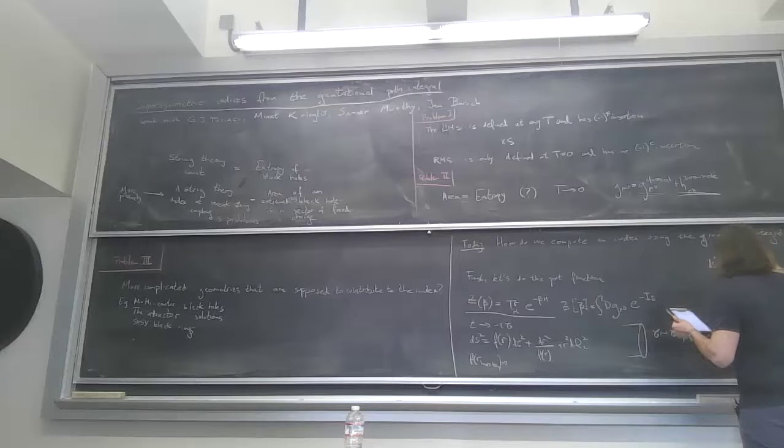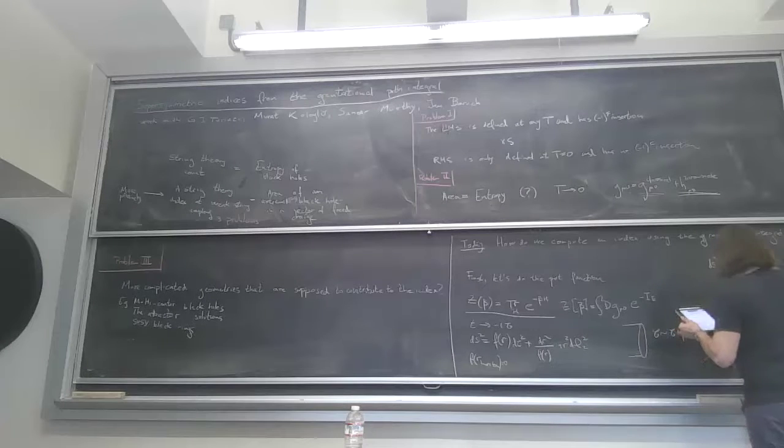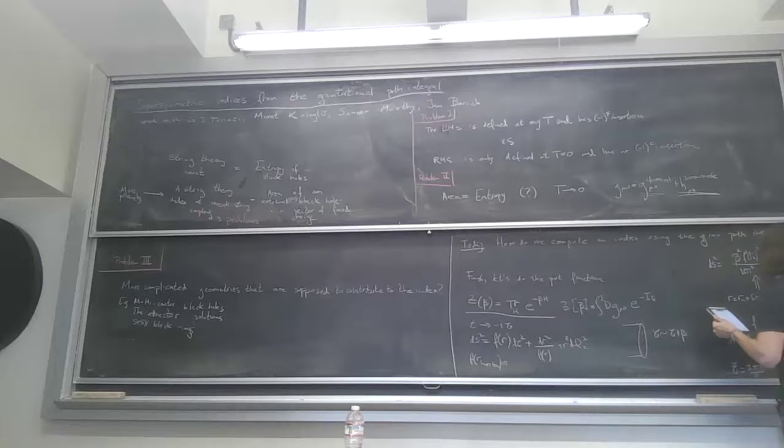beta squared f prime of r horizon squared divided by 16 pi squared, rho squared d tau tilde squared, plus d rho squared, plus the spherical part of the metric. So this looks exactly like 2D flat space that could potentially have a conical singularity if this coefficient is not exactly equal to 1.